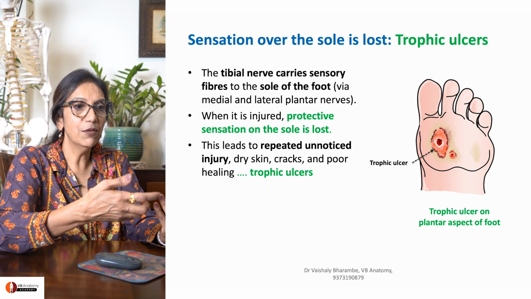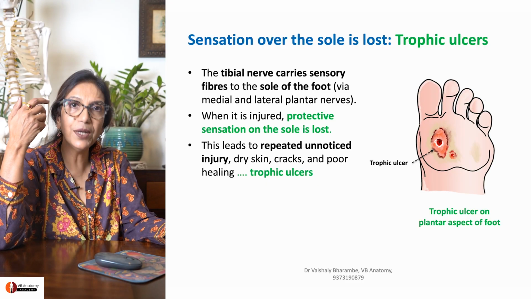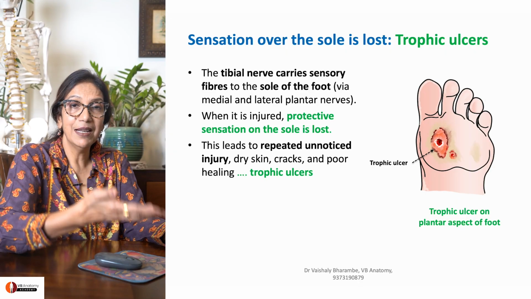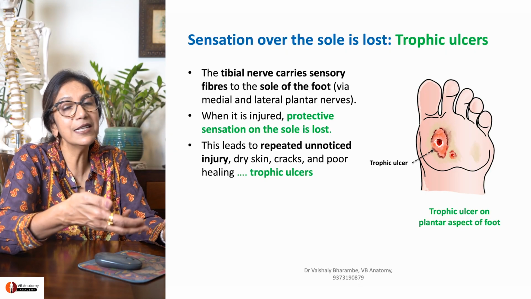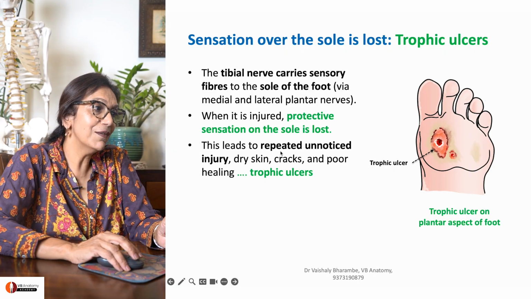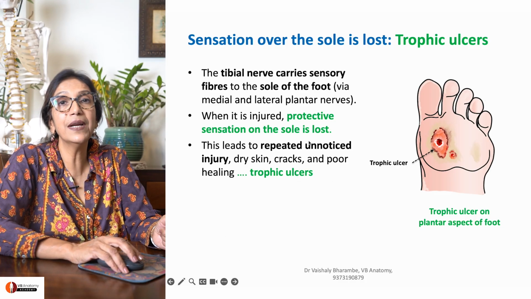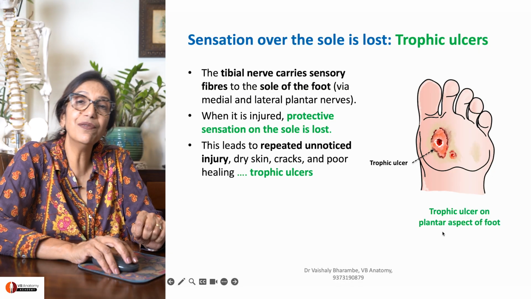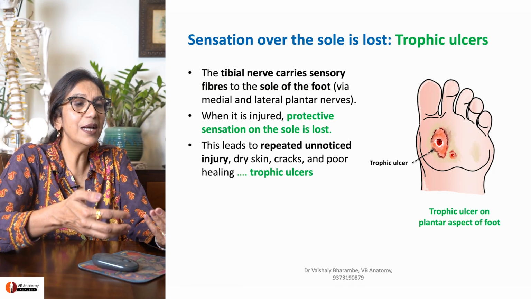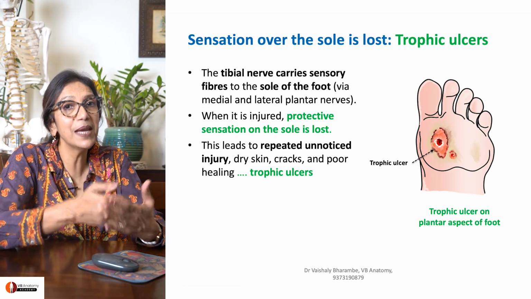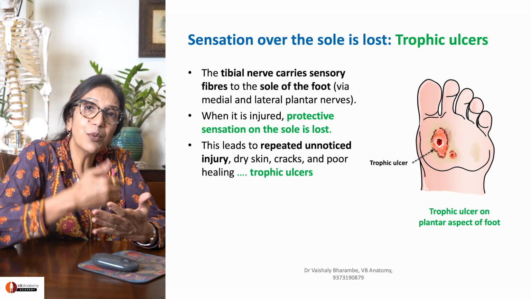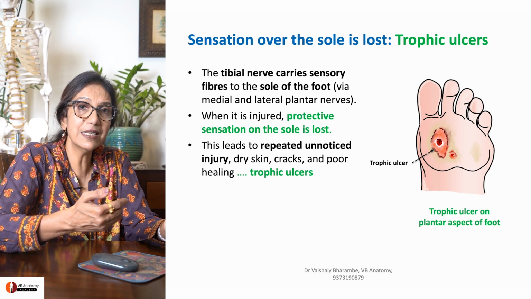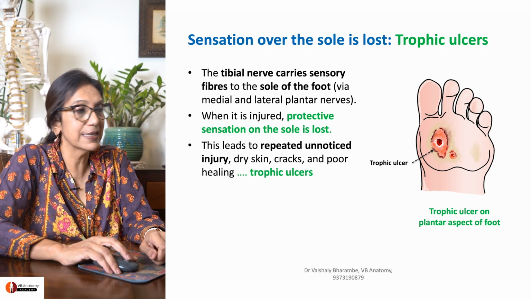So what happens? One fine day he looks down at his foot and realizes, oh my God, I have an injury. But he never knew because the body is no longer telling him when he is injuring his foot. So this kind of thing leads to a condition called trophic ulcers, exactly like the image I'm showing you. These are trophic ulcers because the body has lost its ability to produce pain, which is the most important protective mechanism you have in your body. So loss of pain sensation leads to such trophic ulcers.